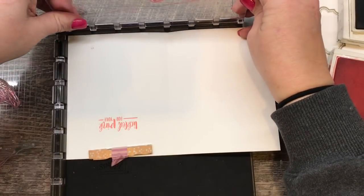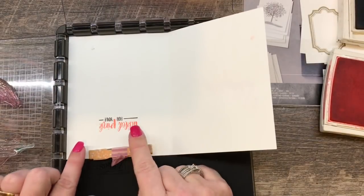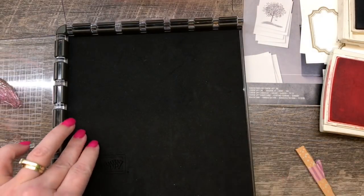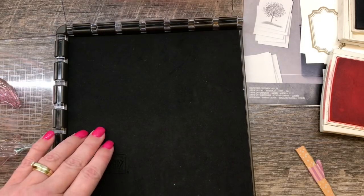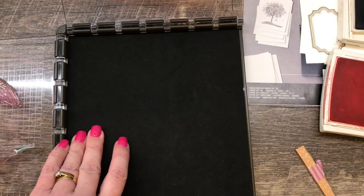Now, one of my favorite things about using the Stamparatus is being able to do stuff like this. But the other thing is when you stamp a partial, it's really wonderful. So I'm going to pull that out for a second and put a scrap piece of paper down. Have you ever done this where you've stamped your sentiment